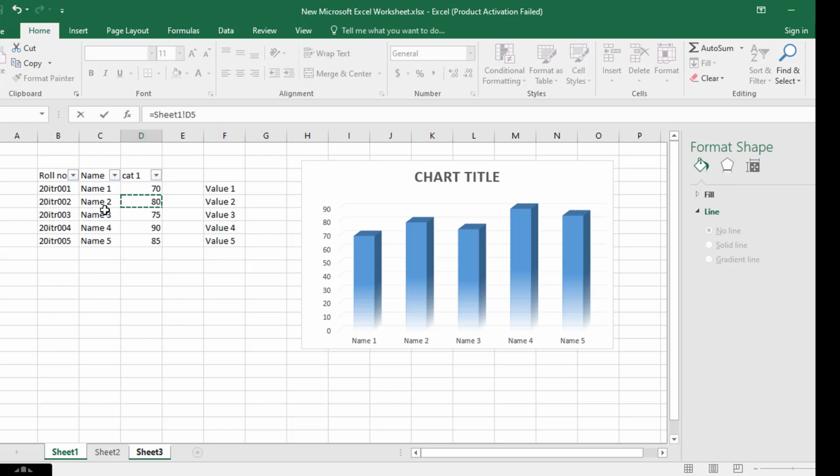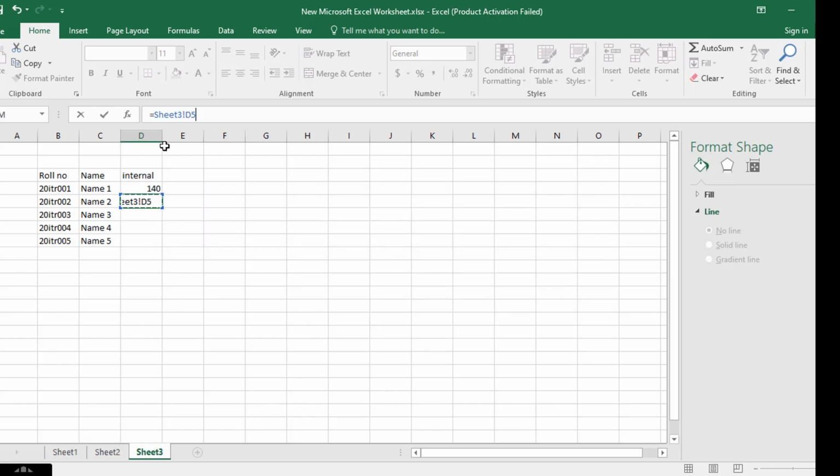Go to sheet 3, sheet number 1 D5 plus sheet 2 D5, press enter.